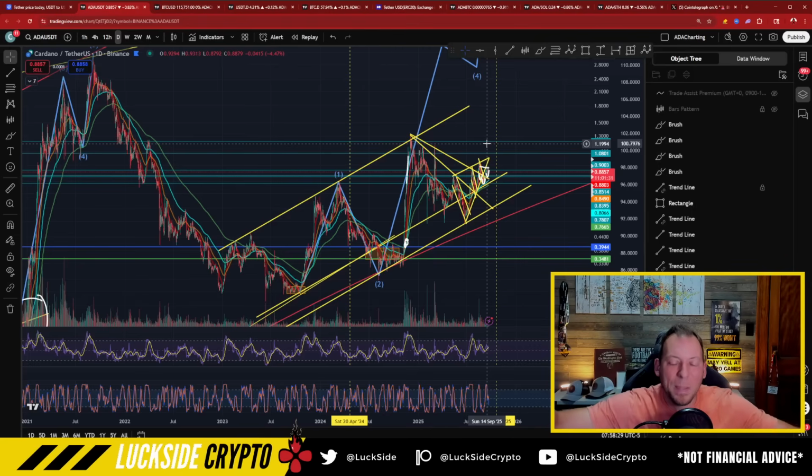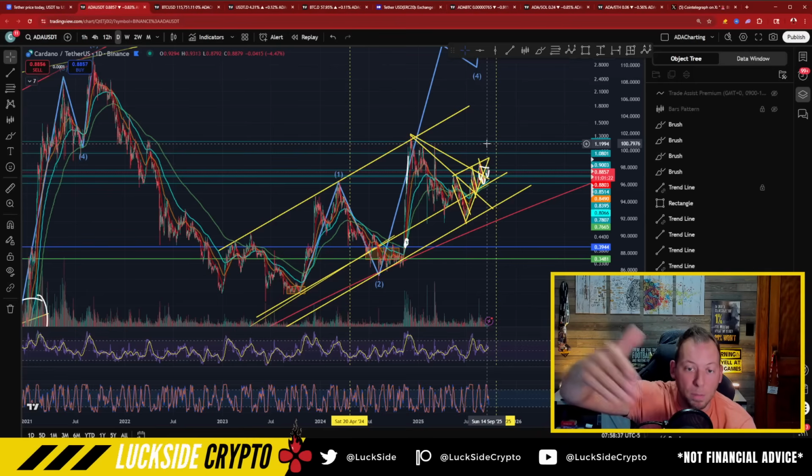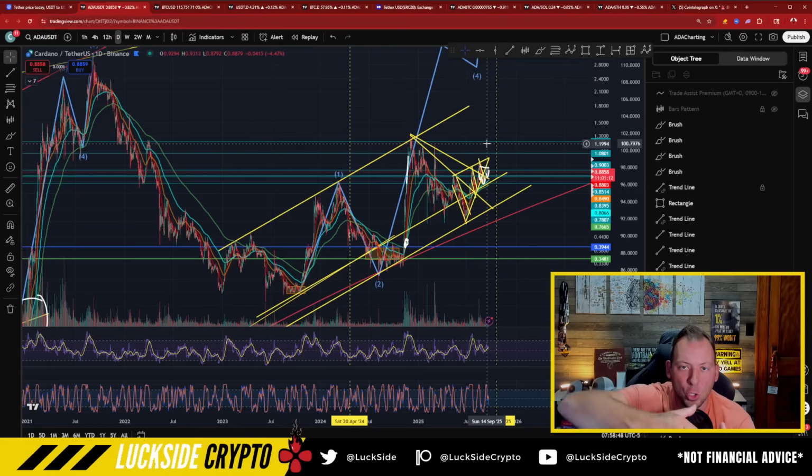Right? I repeat that a ton. But even as we've looked at ADA's pumps as this cycle has progressed, that has been the case. It's obviously now in the big US-based asset narrative as well. Conviction is higher than most assets in the crypto space. I mean, you have right now on a fundamental level exactly what you need to set some insane highs. We have diminishing supply available. Exchange supply has been dropping significantly. You have high conviction in terms of holders, people that are unwilling to dump anywhere near these levels.